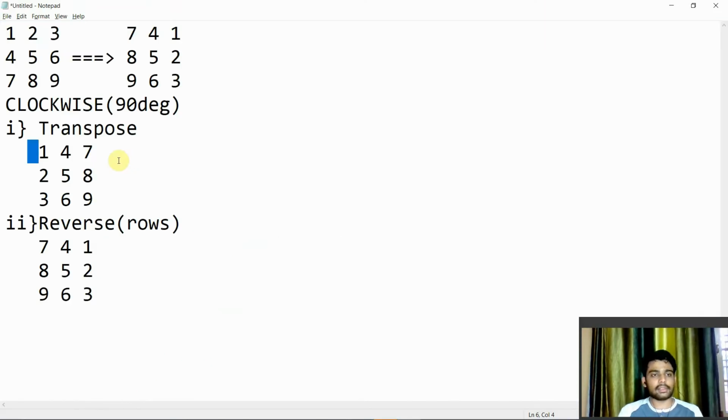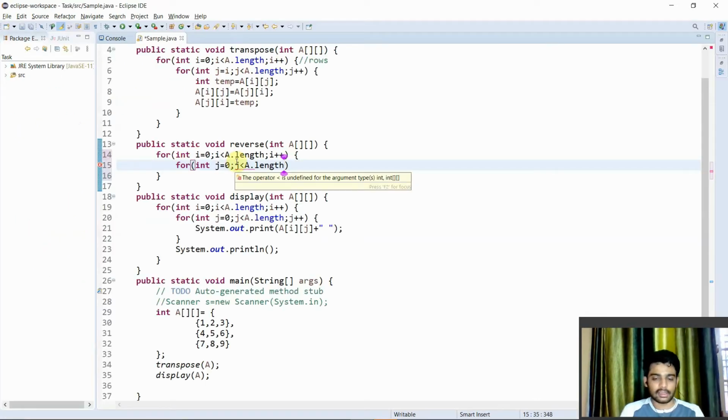One more thing, in order to swap these values, if we need to swap 1 with 7, 1 comes in the place of 7 and 7 comes in the place of 1. If you swap this, we don't need to iterate over the entire array. So if we come here, we need to stop the iteration. I mean, we need to travel only half of the column values, the size of the column. So j plus plus.